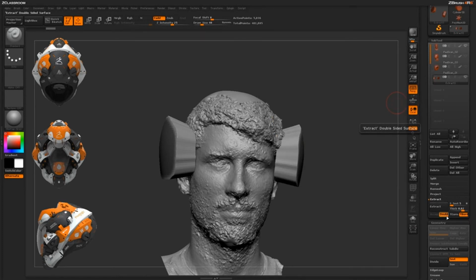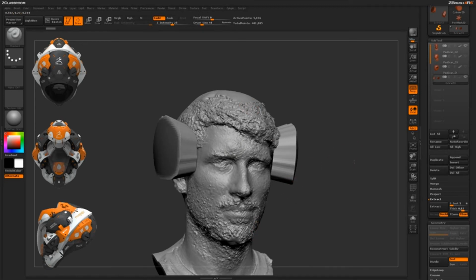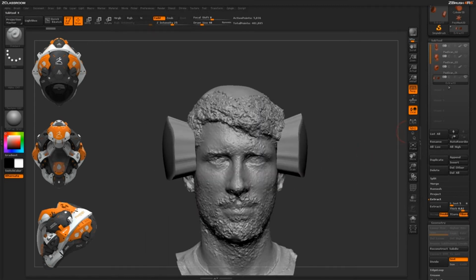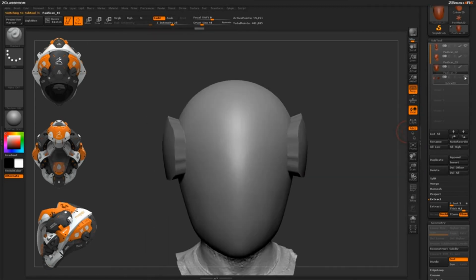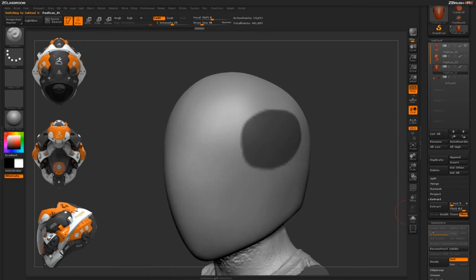And this is because I had this double-sided option on right here. So it's actually generating this thickness out this way and out that way from that center line. So since this is a helmet, I want that interior shape held through the entire surface of the model because Paul's head needs to fit inside of it. So if I come back to the original thing here that was masked, I'm just going to turn double off and now hit extract. And now I'm going to get this new object that shouldn't be penetrating that initial internal